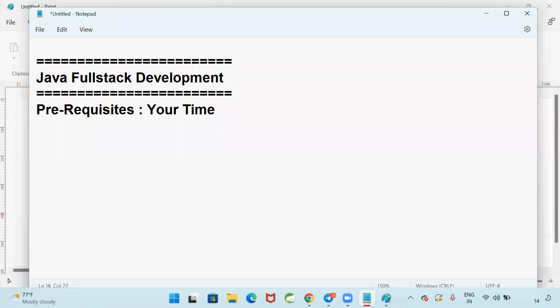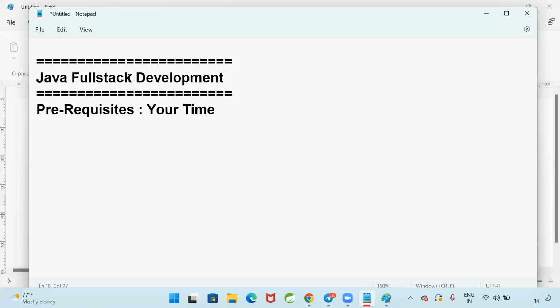If you are from any background, still you are eligible to attend Java full stack development, because in this course we are starting from a very basic level. From zero to hero level we are going to understand as part of this training. No prerequisites. If you don't know C language, C++, or Java, no problem.